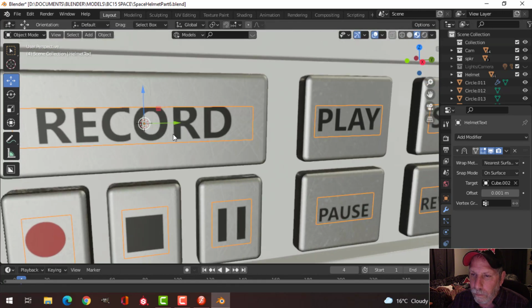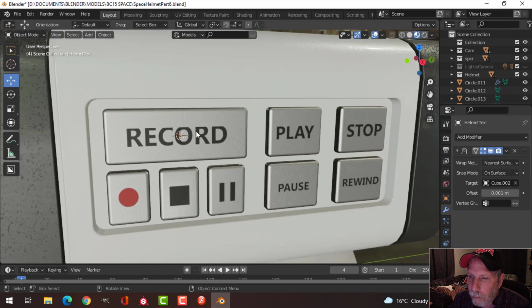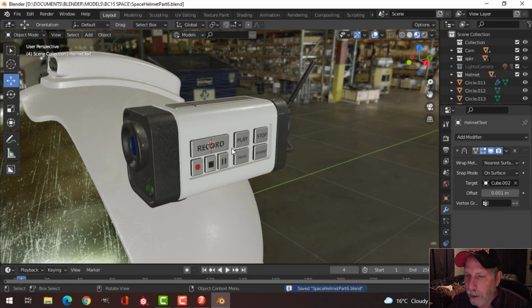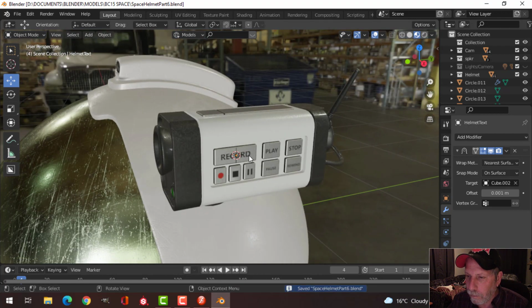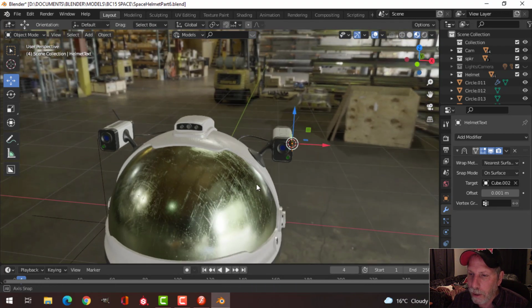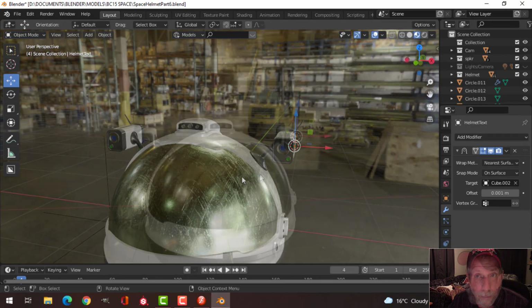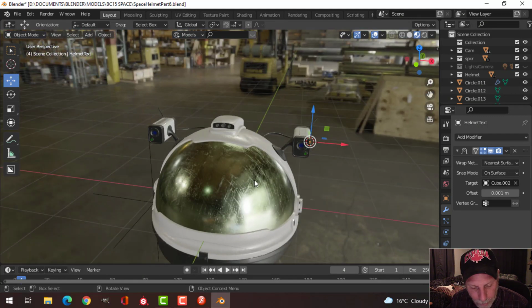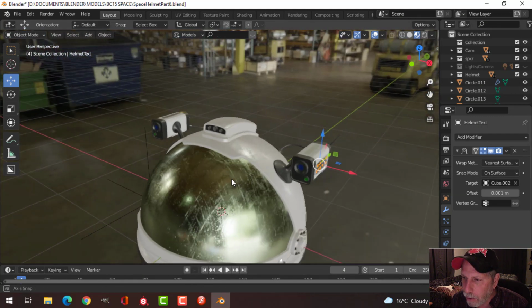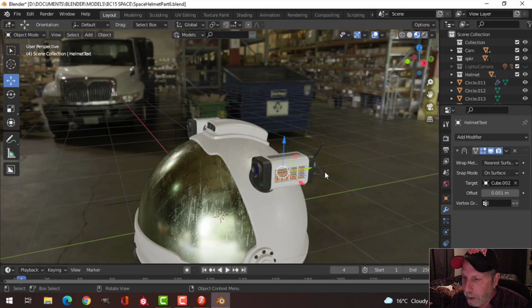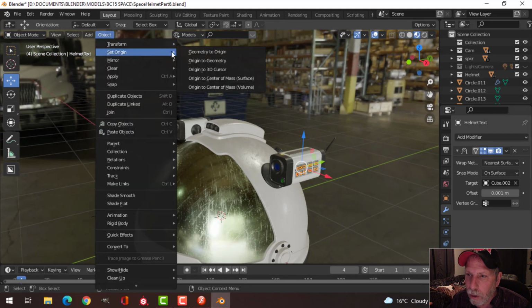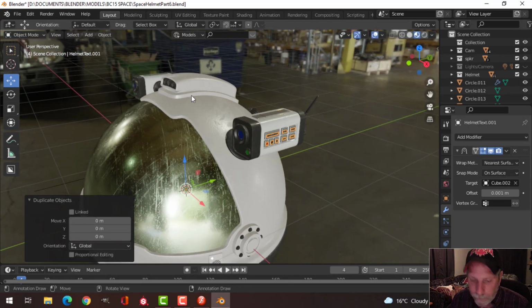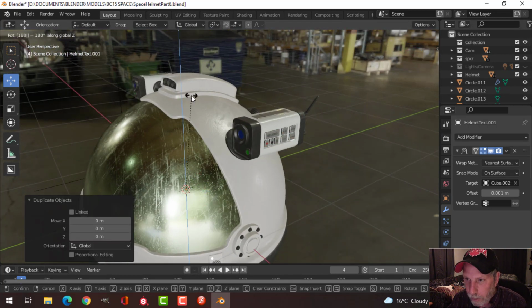Okay. May have cut off the very top of my text right there, but hopefully from a distance it looks okay. You get the idea. Okay, I'm going to take that text now, and I want it on the other side. So the way I'm going to do this is, I think I'll Shift-C to bring my 3D cursor right back to the middle there. And with my text selected, I'm going to set the origin to the 3D cursor. I'm going to Shift-D, rotate Z 180,